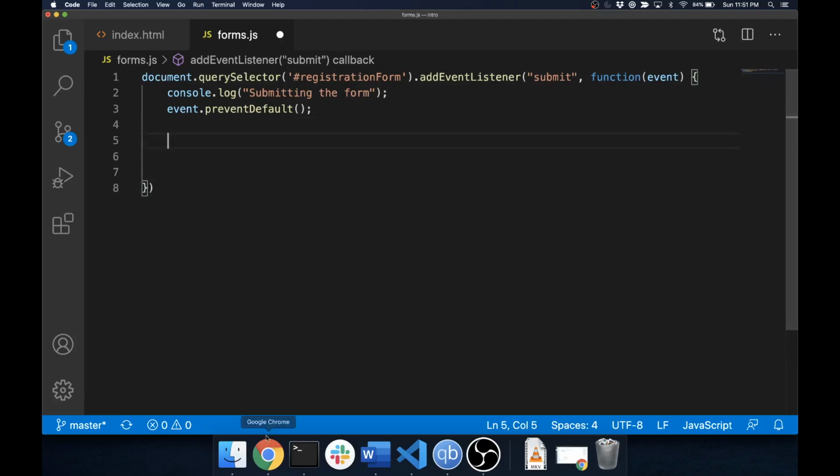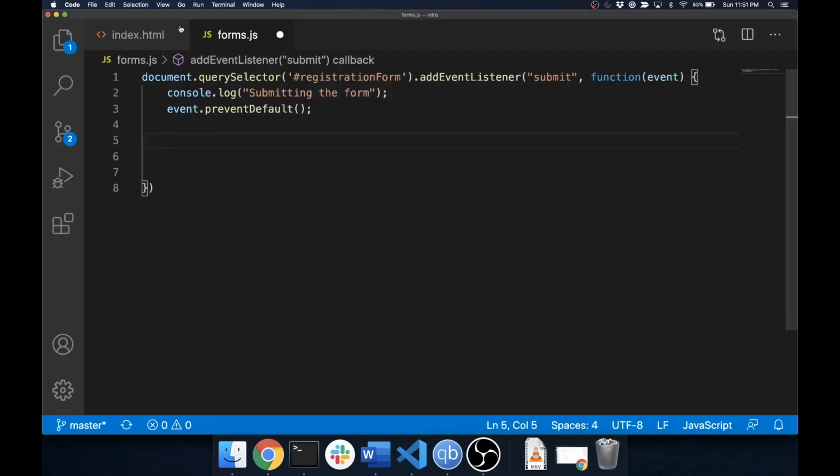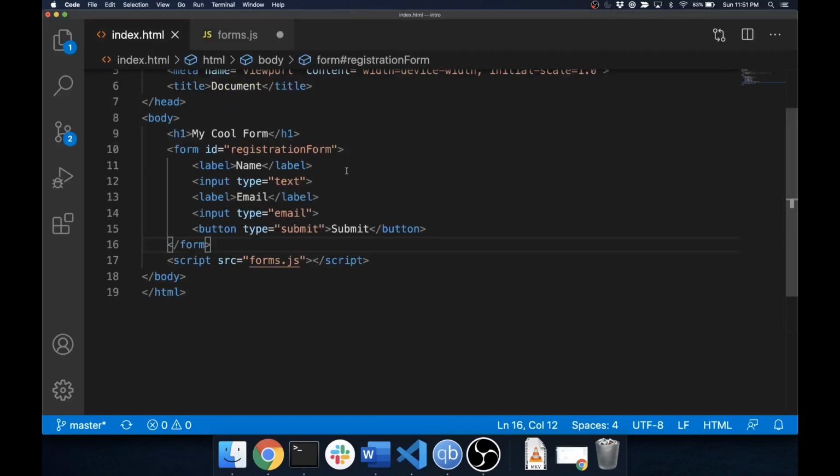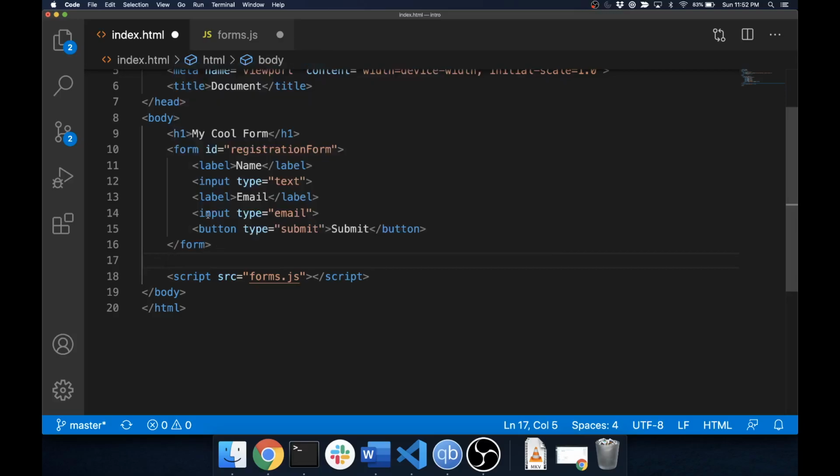So let's take our form again. I've gotten rid of the second form, so we just have our name and email form. Let's make a simple application where our application is just going to take the name and the email of whoever submitted and display them. That is going to be it. So let's have something like